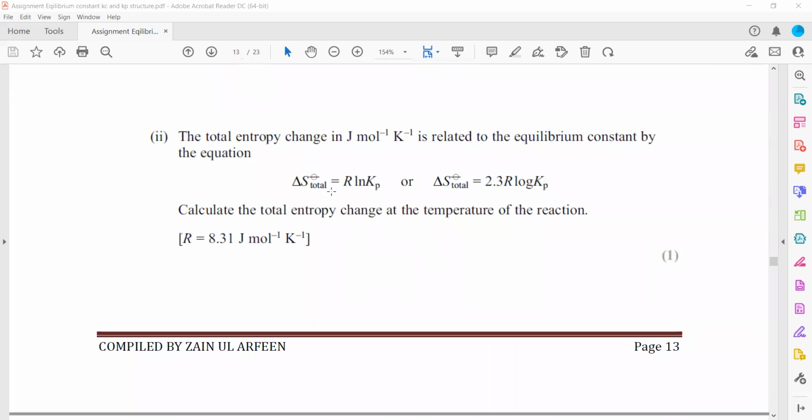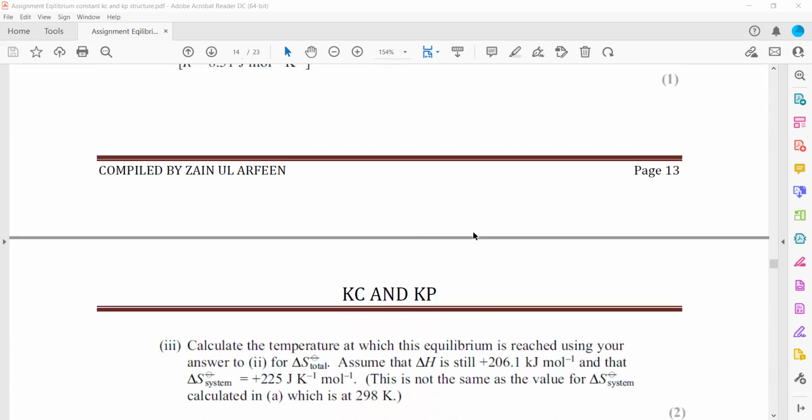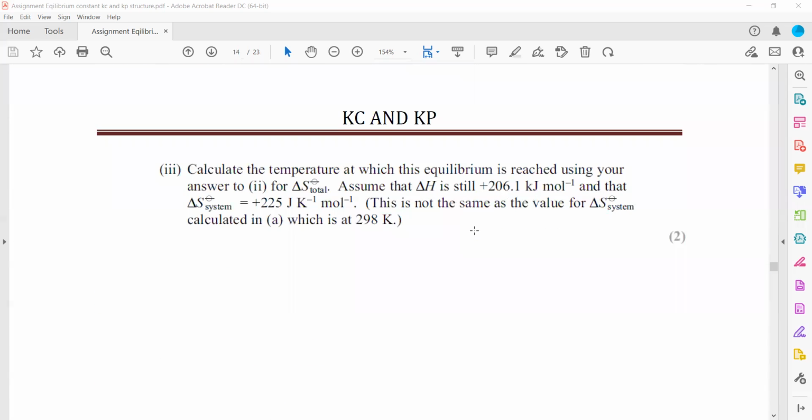And then the total entropies. So we can just substitute the value for Kp to get the total entropy and calculate the temperature at which the reaction is at equilibrium. Assume delta H is 206. So at what temperature will this reaction become thermodynamically feasible? So we'll consider that the